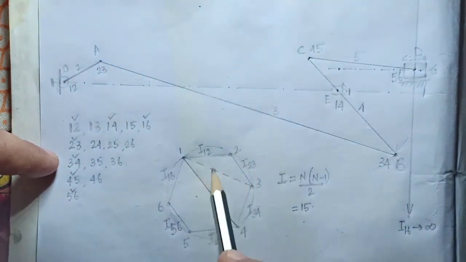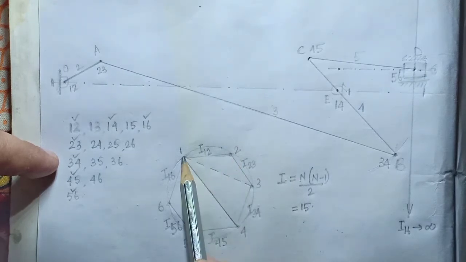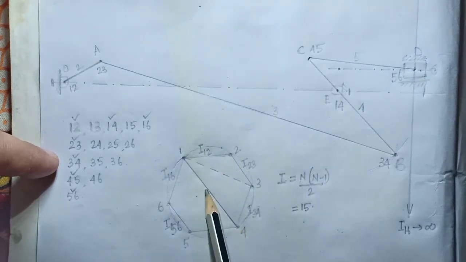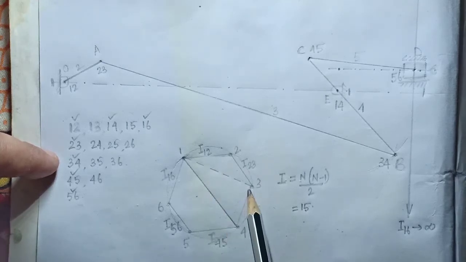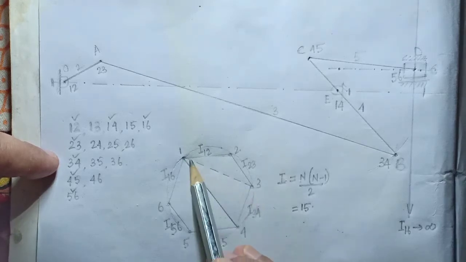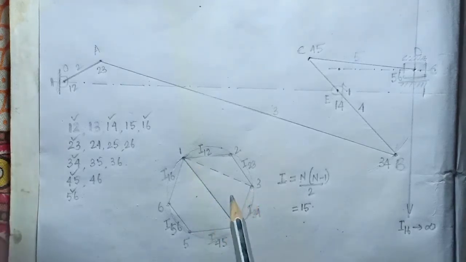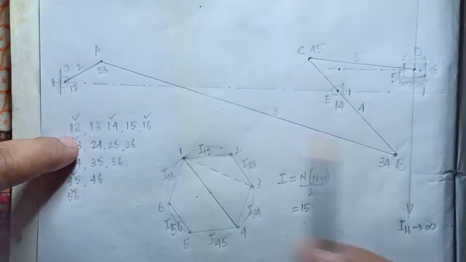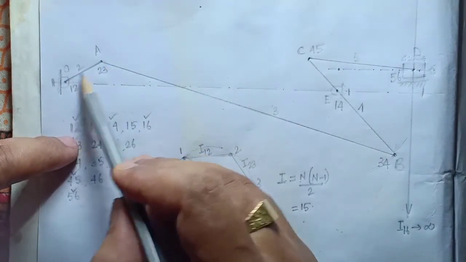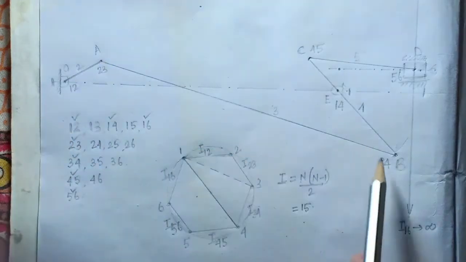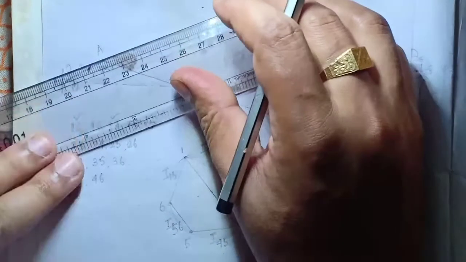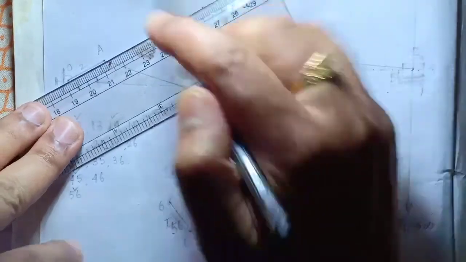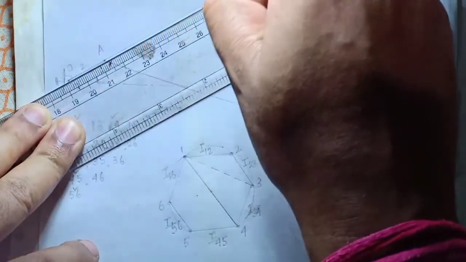Another path is from point 1 go to 4, that is through the instantaneous center I14, and then 4 to 3. That is how we move from point 1 to point 3 in the counterclockwise direction, following I14 and I34. So where is I14? This point is I14 and 3 is this point, so just join these points. These points have been joined already. Just extend these lines, and the intersecting point will be the instantaneous center of link 1 and link 3.